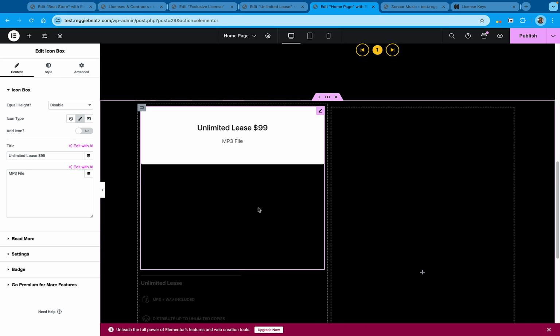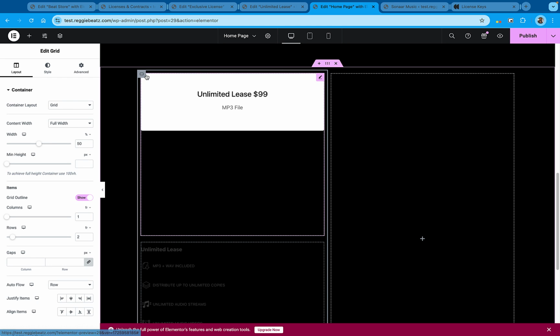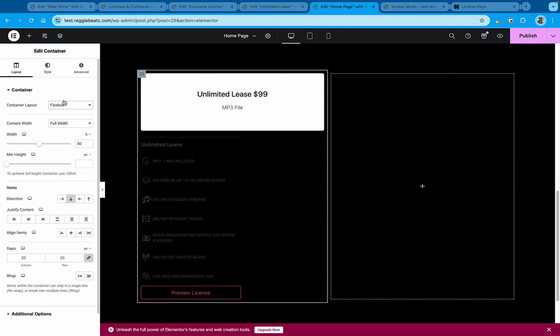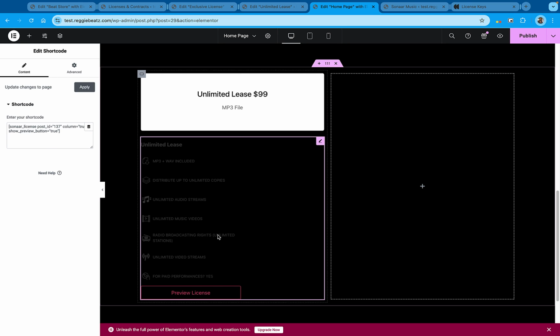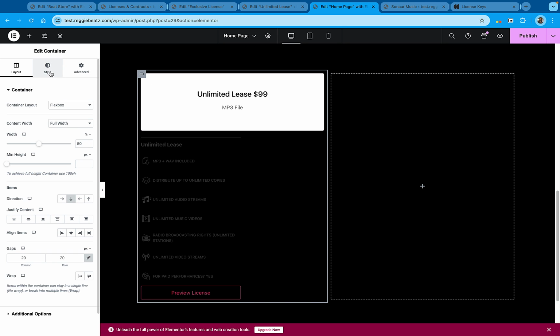So as you can see, we have a lot of space here. We're gonna click on this column here, and then change this from grid to flex box. Cool, now you see it's flexible. So what we need to do now is change the color for this, which is not that easy. So what we can do is just change the color of this whole column so it can be a white color. Click on the column right here at the top corner, the outside one, go to style,